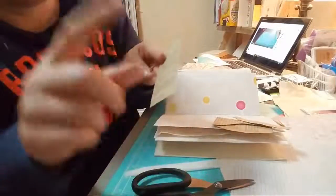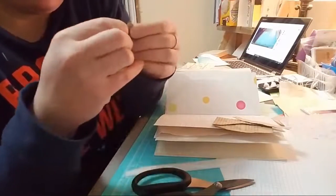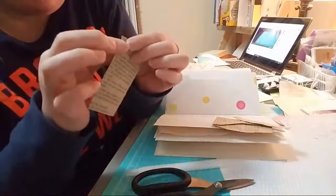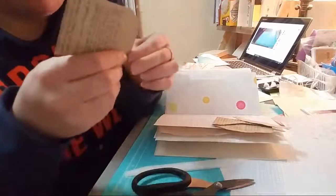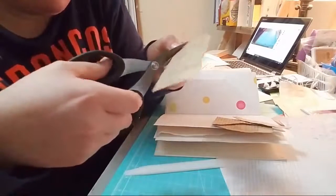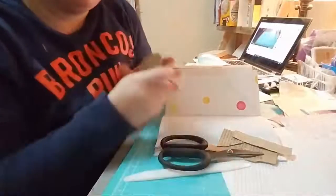And then to make sure that you mirror it, you're going to take your little cutoff piece, take it to the other side, and then you're just going to hold it on there while you cut it, and then you have a perfect one that mirrors it. Ta-da! And then if you wanted to get real fancy,